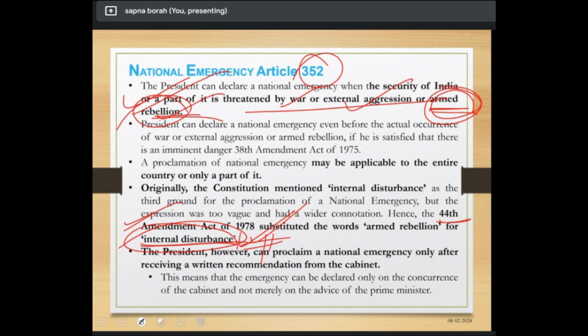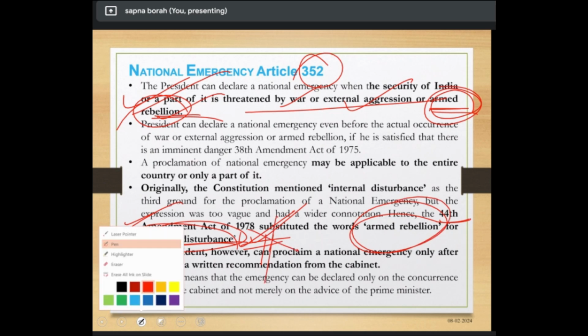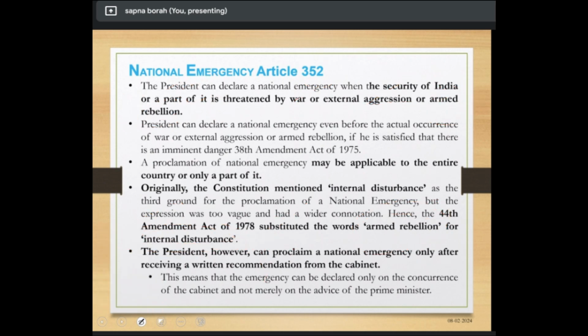44th amendment: armed rebellion is what is said, and internal disturbance no longer applies, we have no such reason at present. Remember please. These are the following reasons for declaring: the President can declare a national emergency in the following situations: war, external aggression, and armed rebellion. Internal disturbance we do not keep. Why? Because remember